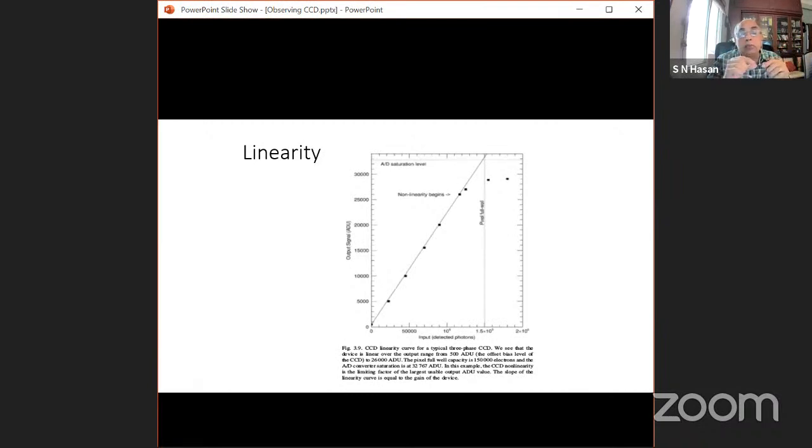to see that if an object is very faint and you need an exposure time of say 10 minutes to observe it, and right beside that there is another object which is bright, and it can be